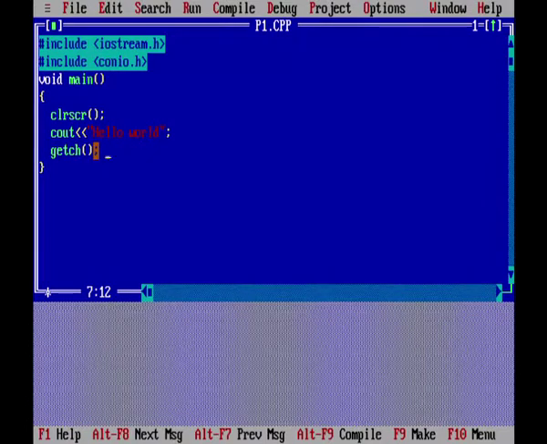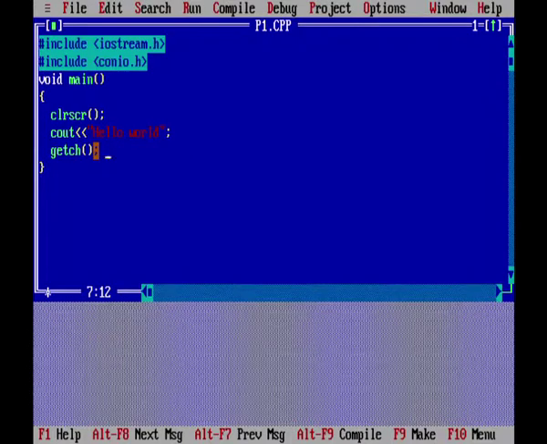This function getch waits for the user to enter a key from the keyboard. Now, this is the main point of confusion. Many students assume that the getch function is there to view the output, to show the output. No, it is not that. It is there to input a character from the keyboard. So, when the getch function is there, it is waiting for me to enter a character from the keyboard.